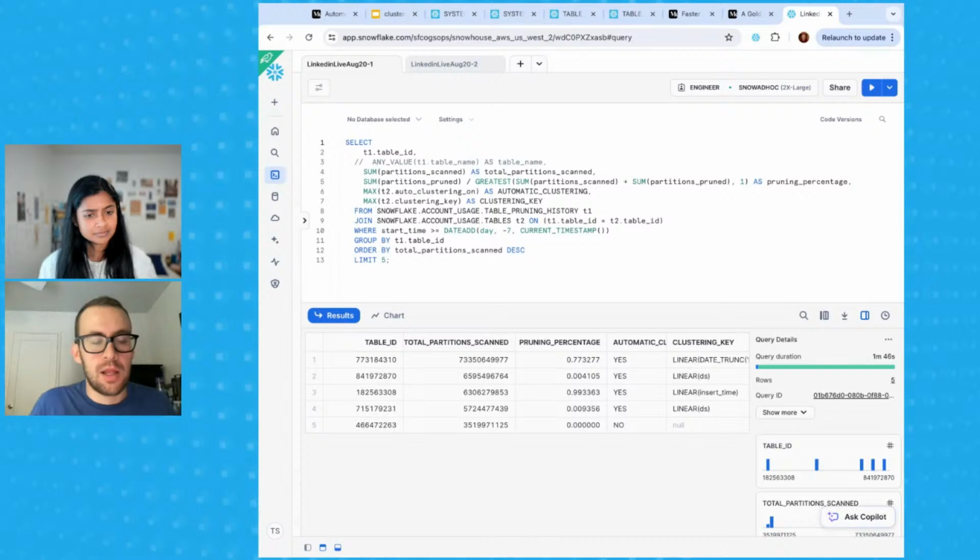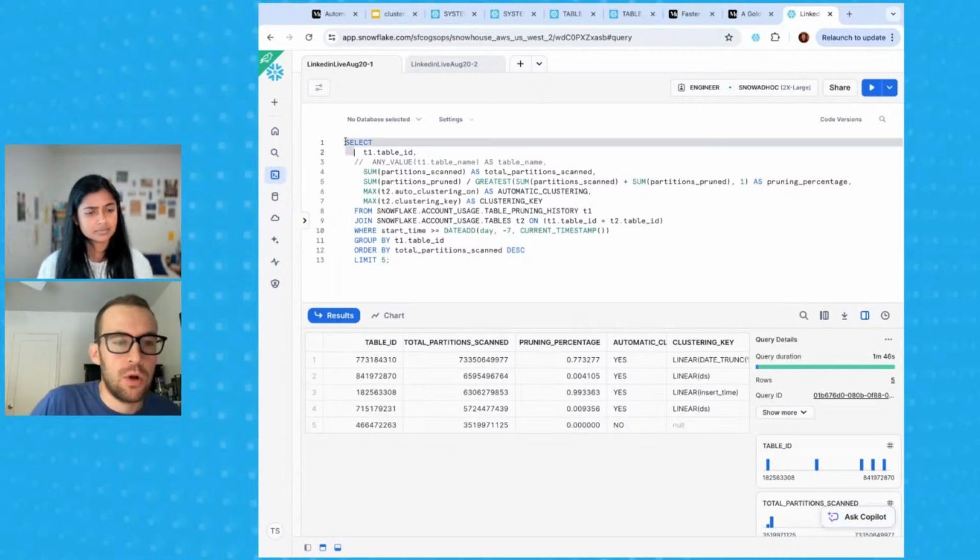And like we talked a little bit about earlier, you benefit from clustering if lots of your queries are able to prune data as a result of your clustering key. And it's a feature that will improve performance for those queries if we're able to prune micro-partitions and scan less data. Now, what I pulled up here is a query that uses our new table pruning history account usage